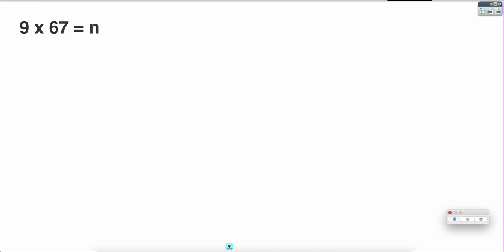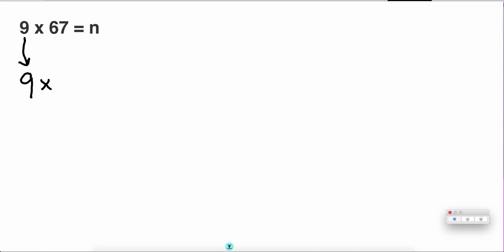So we're going to start by multiplying a 2-digit by a 1-digit factor. So we have a 2-digit factor and a 1-digit factor. Okay, so the first step in doing the distributive property is looking at both of my factors and putting them in expanded form. Well, when you're a 1-digit number, you are already in expanded form. So 9 remains as 9 because that is the expanded form. However,